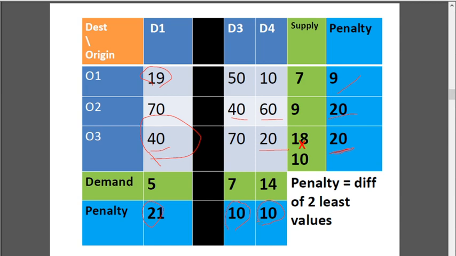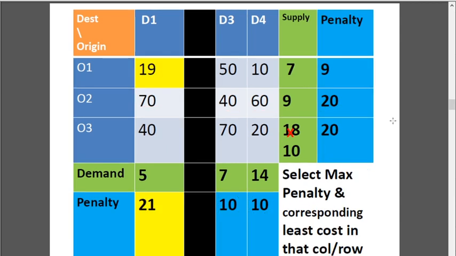Once I have the penalties, the next step is to select the maximum penalty. The maximum penalty is 21. For this penalty, in that respective column, select the least cost. The least cost is 19. So now I have selected a cell inside this matrix. I have supply 7, and I need to satisfy 5 units of demand, which I can do.